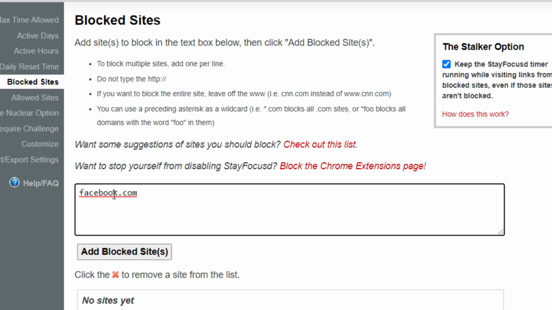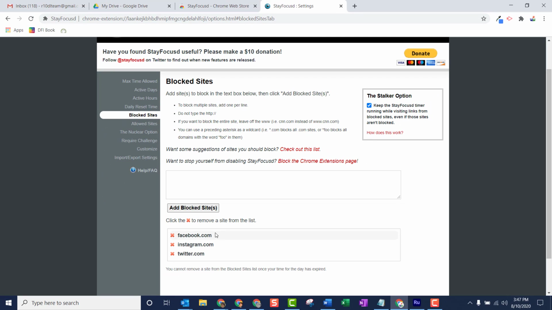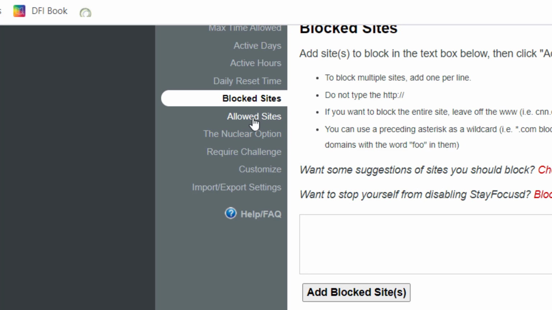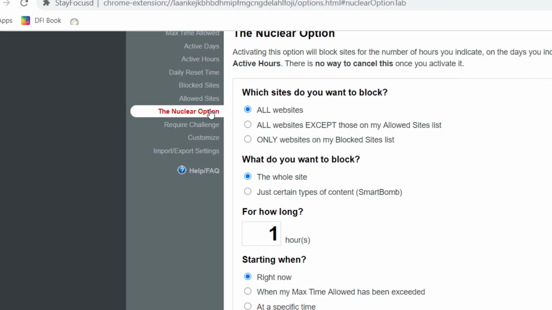So I could add facebook.com and twitter.com and maybe instagram.com. And then when I click add blocked sites, they'll come up on a list, and I can choose to take them off the list by clicking the red X. Note that each of these sites needs to be on its own line, and the directions about that are up here. I can click allowed sites and add sites that I'm always allowed to see,